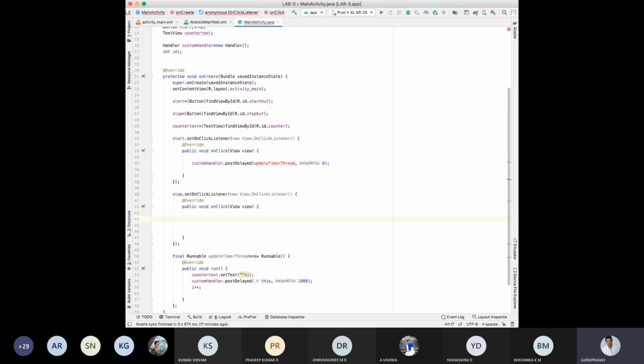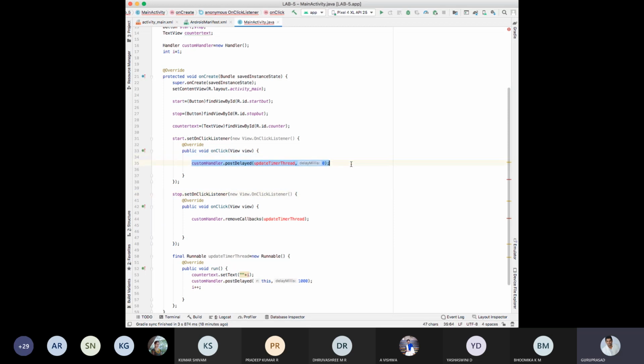While pressing the stop button, custom handler dot remove callbacks, update timer thread.